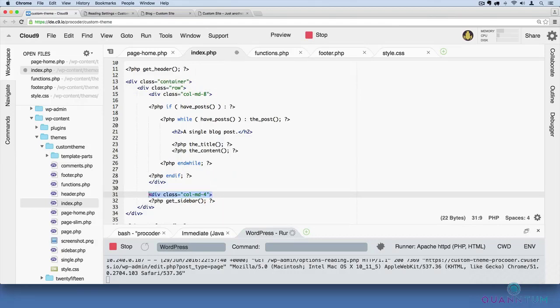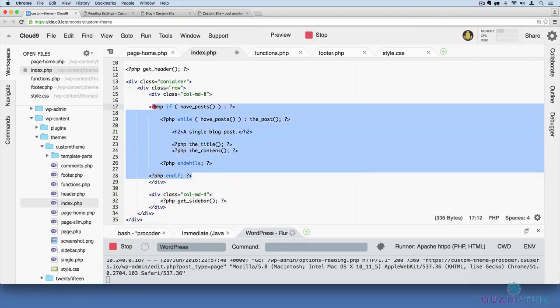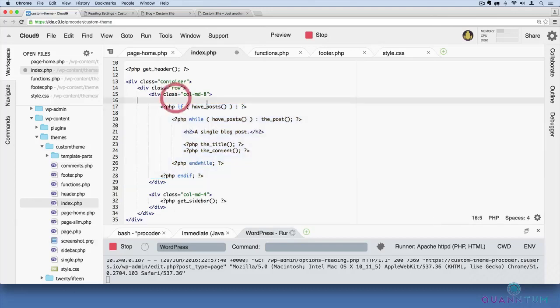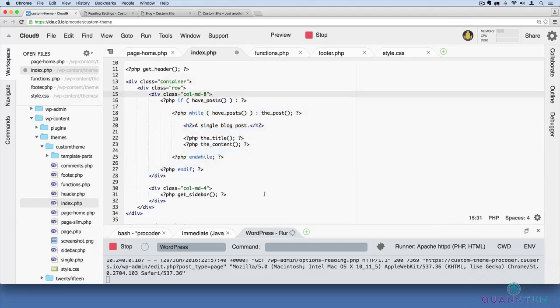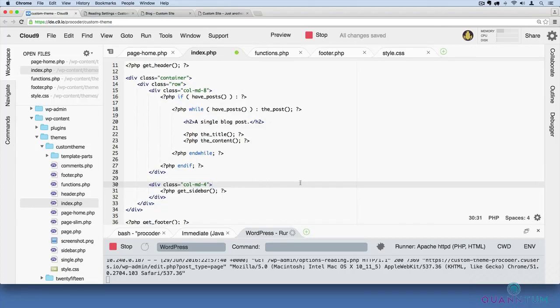Now I need to close this div here. I know there's a lot of divs here, and it's easy to get lost. We want to tab this inward, and we want to tab all of this inward. We'll get rid of this extra line there. Okay, so that's what your file now should look like from header to footer. So if I save my file now, make sure your server is running,